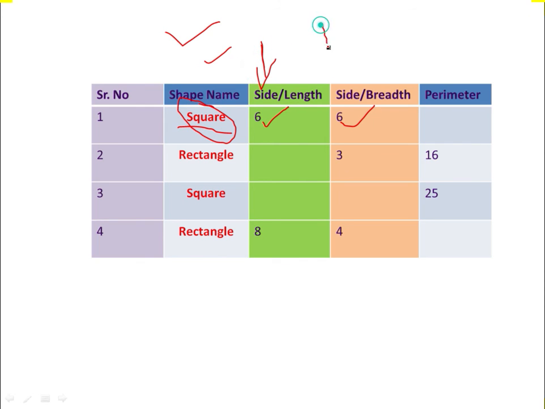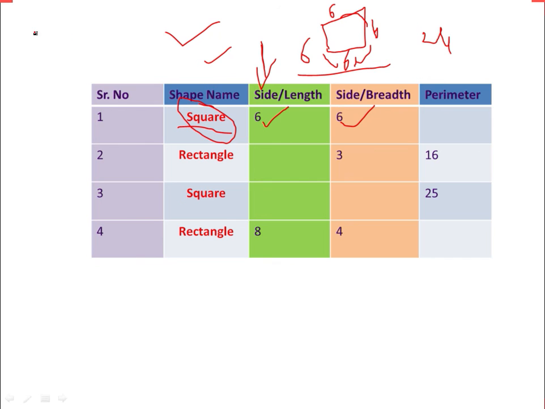Now dear students, I am going to draw one kind of a square over here. So this side will be 6 centimeter, this again 6 centimeter, this again 6 centimeter, this again 6 centimeter. So what will be the perimeter of this square? 6, 6, 12, then 18, 18 and 6 means 24. This is the one way.